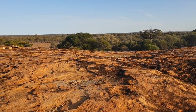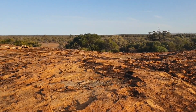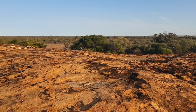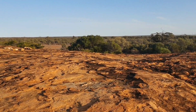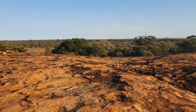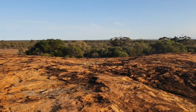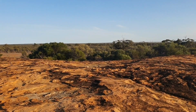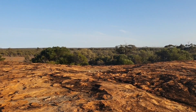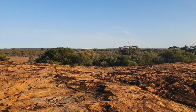The good part is you can just type in Camel Soak on Google and you'll find it. We came in from the Great Northern Highway just near the Mount Gibson mine. We turned off there and came through about 50 kilometres, well signed, and that was all sealed road. I've actually got a video of the turn off and some of the road. I'll add it to this. Well, this is a real pleasant surprise, and we're nowhere near highways or anything. It's just quietness and the black cockatoos,